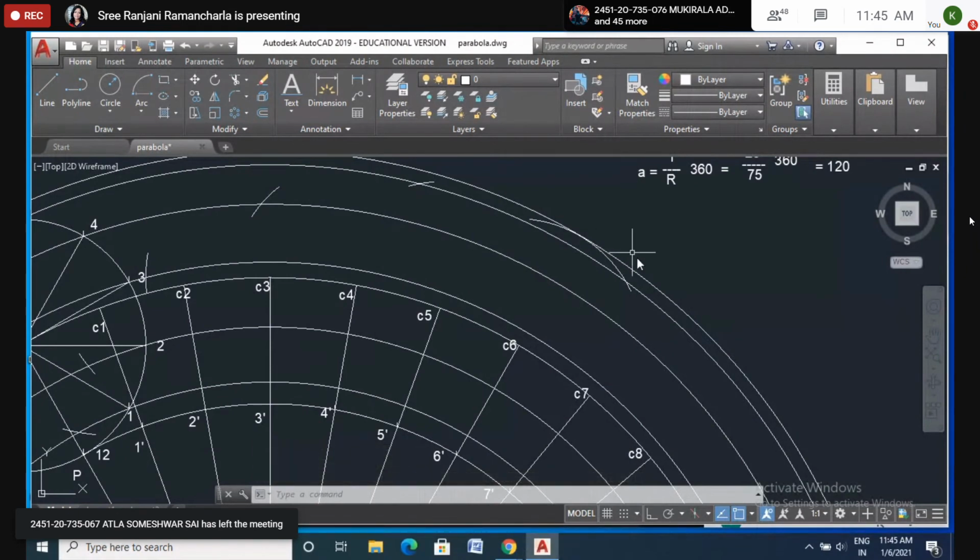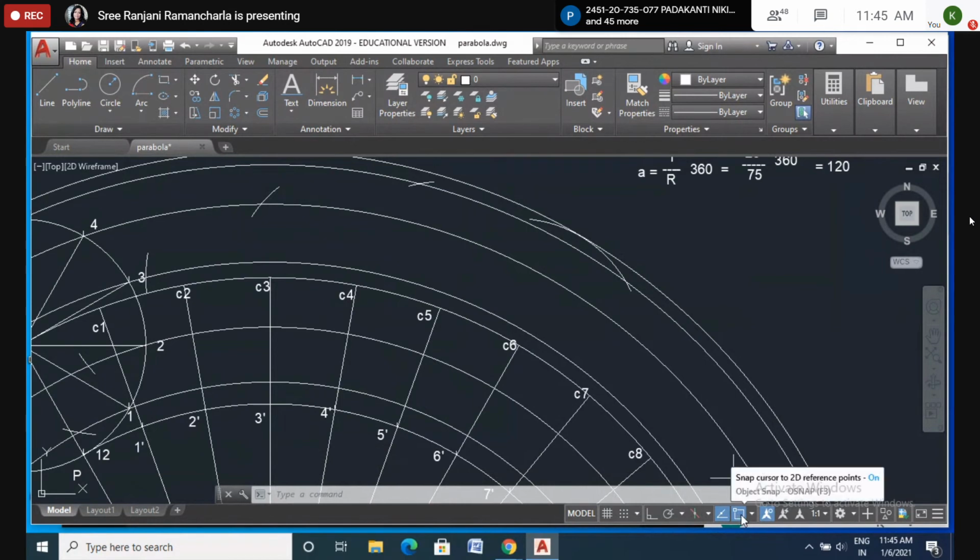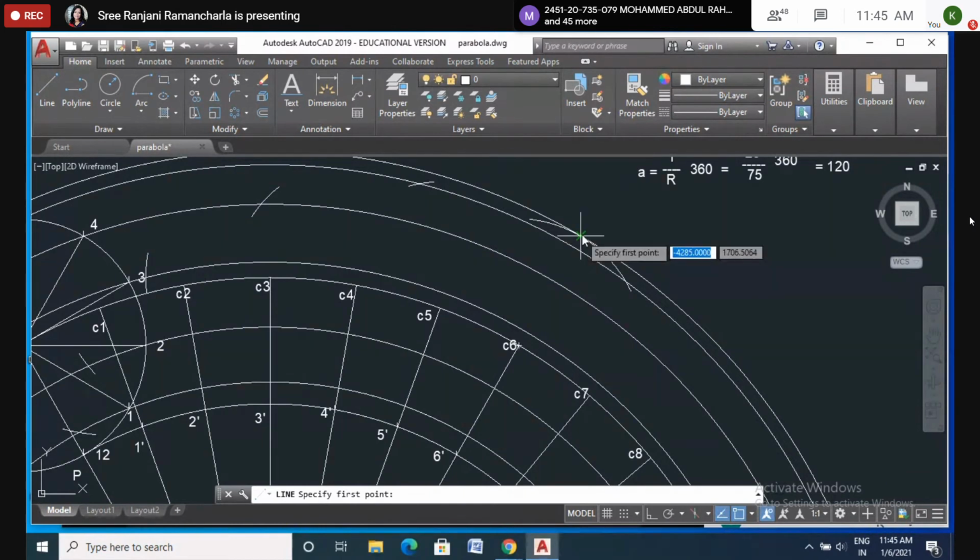Some options are there. If it is touching or not, with this we can find out. It will show intersection. It will show a cross mark here, exactly here. Can you see the cross mark here? Cross mark means exactly the point is here. Now you don't bother about these AutoCAD commands. Later on we will teach how to draw this one.